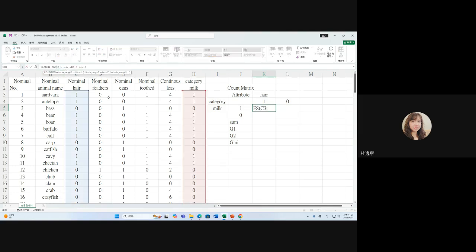Please put your cursor here. Press F4. Then your column C and your row 3 will have a dollar sign. Dollar sign means lock. Simultaneously lock the column and lock the row. So I use the dollar sign, F4, to lock column and row simultaneously. And this one the same, this one the same. Done. When I lock all the rows and all the columns, then we can